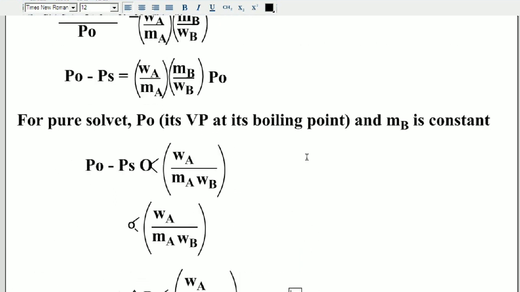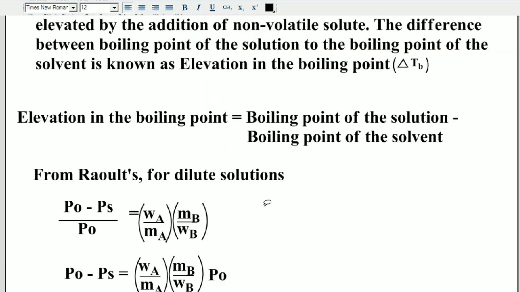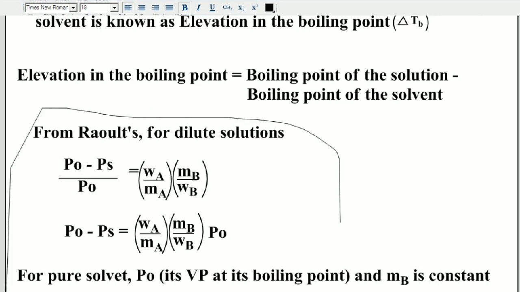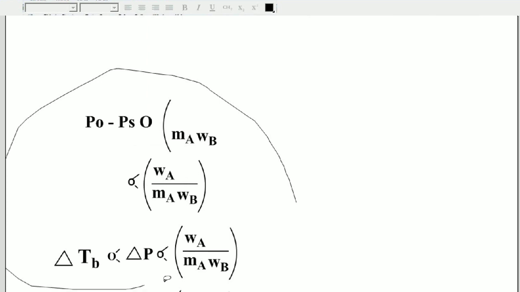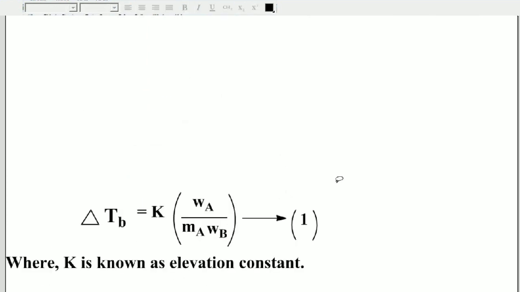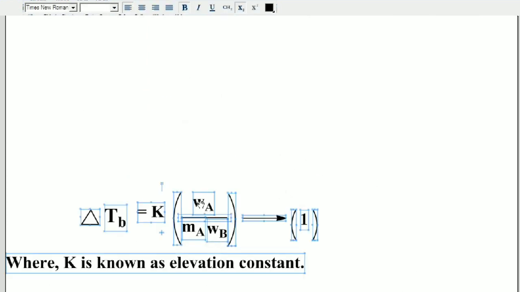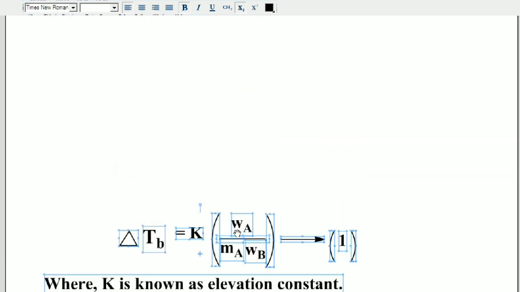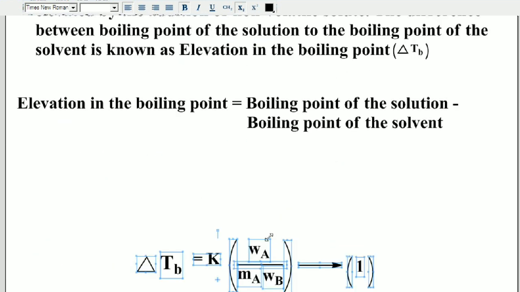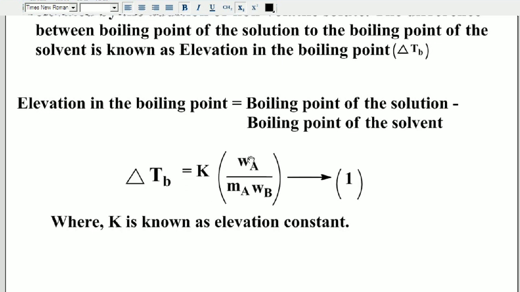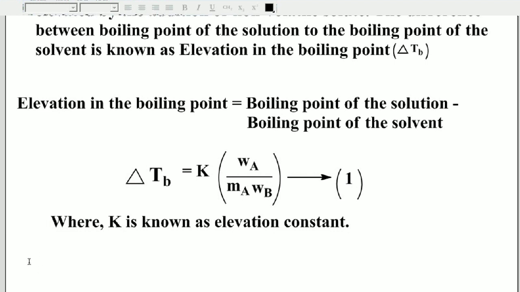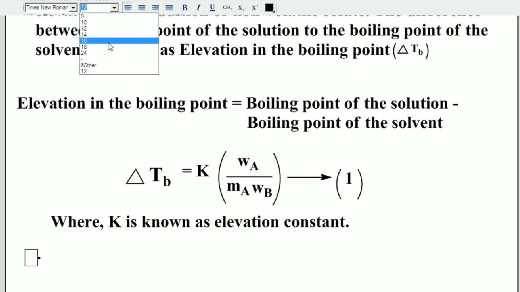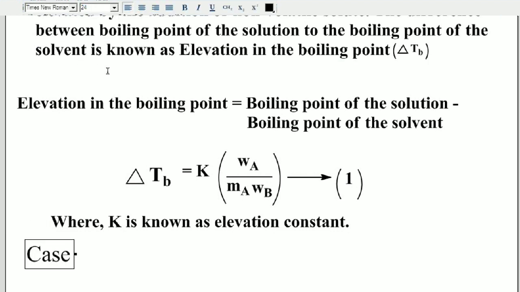What happens, we can see. So first we can write case number 1, students. Given this equation 1, this is the equation we get for elevation of boiling point: Delta TB is equal to K into WA by MA into WB. Suppose students, case 1, if you take